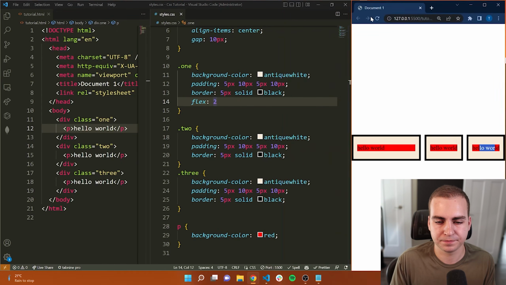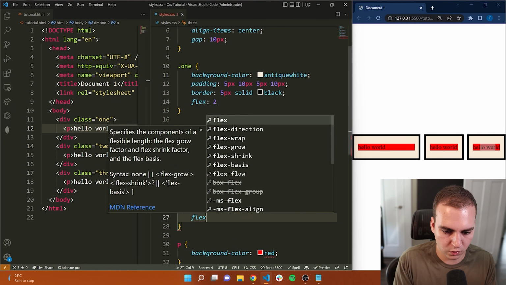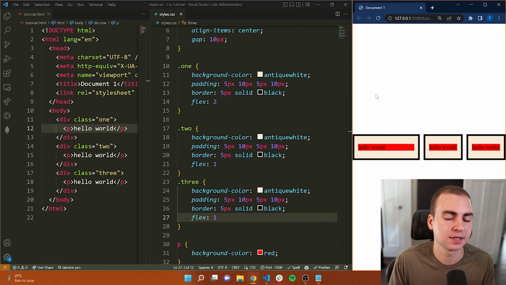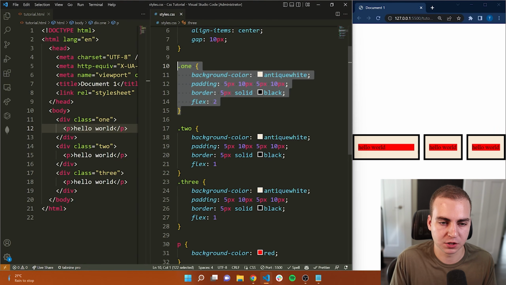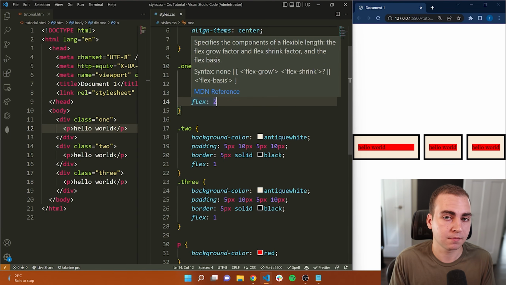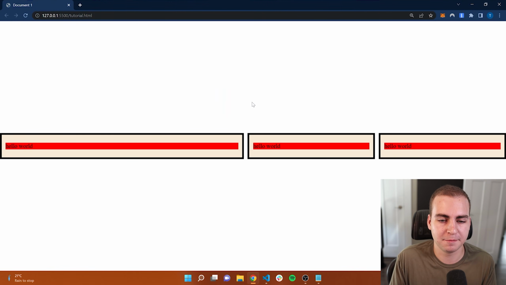And actually, sorry, let me fix this. Flex 1 and flex 1. Since I didn't set flex 1 on my other objects, what happened there was I filled up as much possible space as I could with this object, because it's the only one who had the flex property set on it, and then my other 2 objects took up the minimum amount of space required for the container. Again, sorry about that. It was probably a little confusing what I described there, but now notice 2, 1, 1,